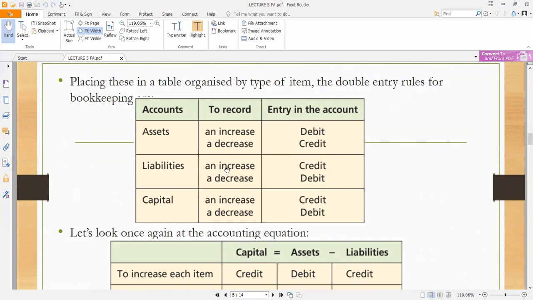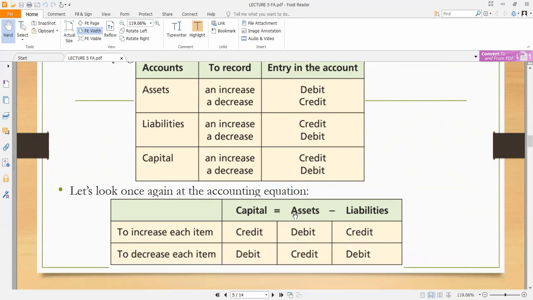Liability, an increase. So we have an increase in the liability, meaning our account has been credited. With a loan, a bank gives us money, that money is credited into the account, and it means that the money is in. Then when we start paying back that loan, we are decreasing the amount, meaning we are debiting. Capital, the same concept works. You put in capital, you are crediting your account, then you take out capital, you are debiting. So that's how it works.